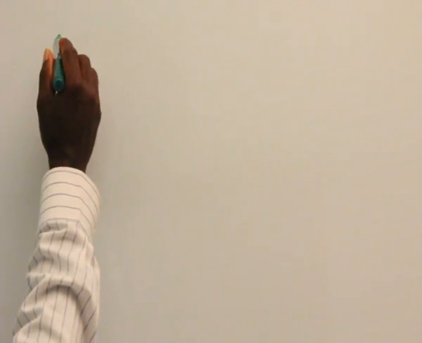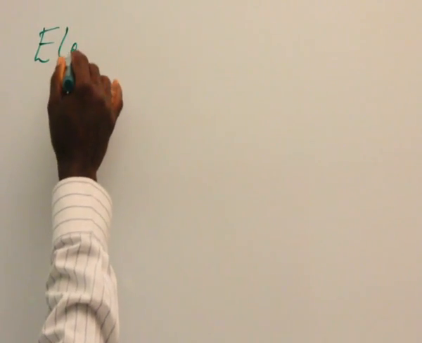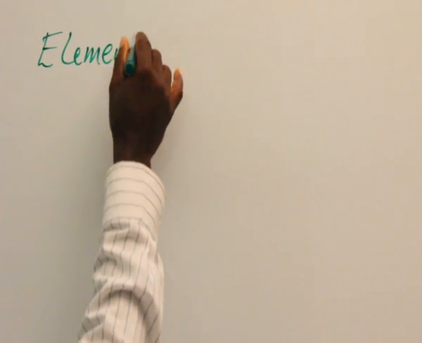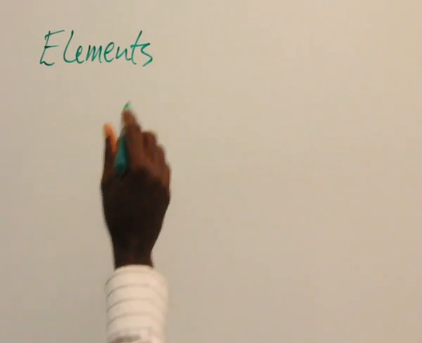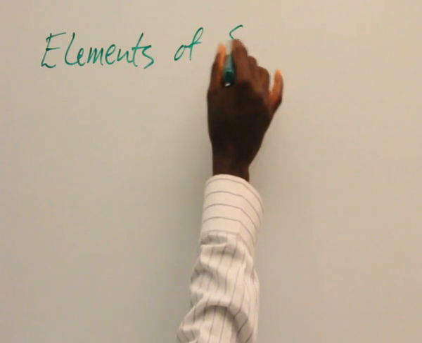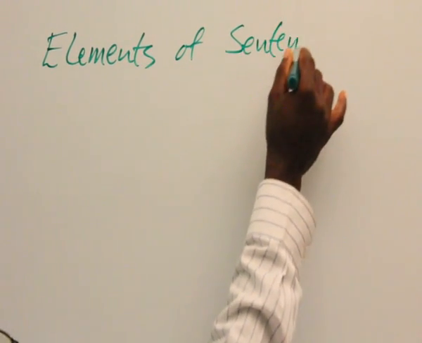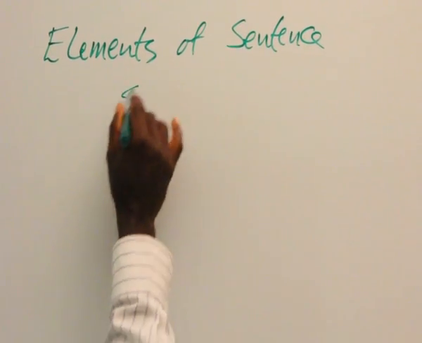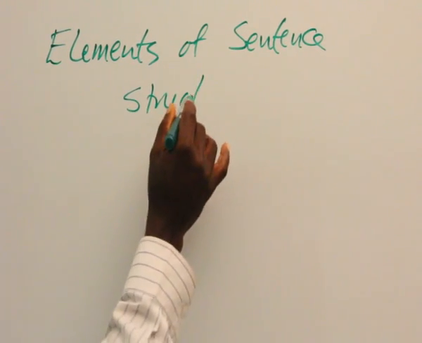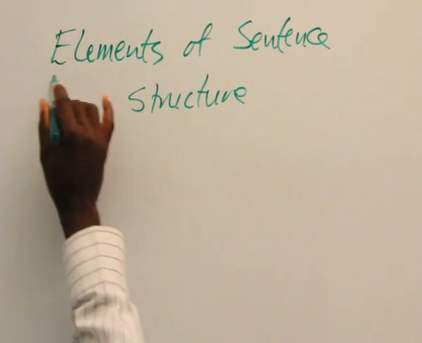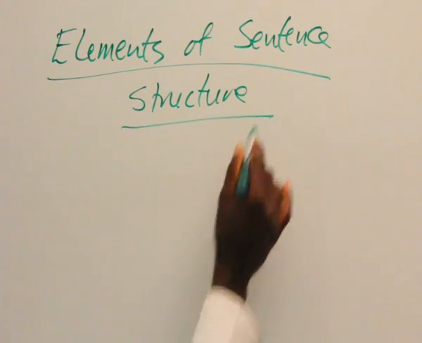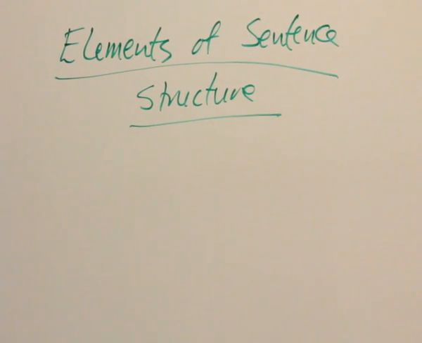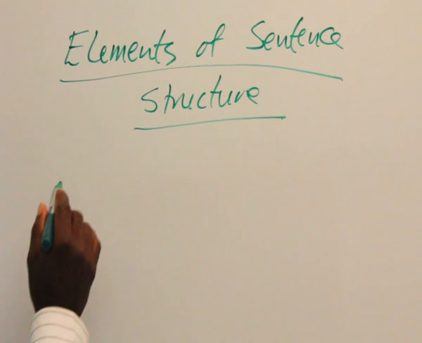Now let's look at elements of sentence structure. We've seen this, but we want to narrow down the elements. For one,